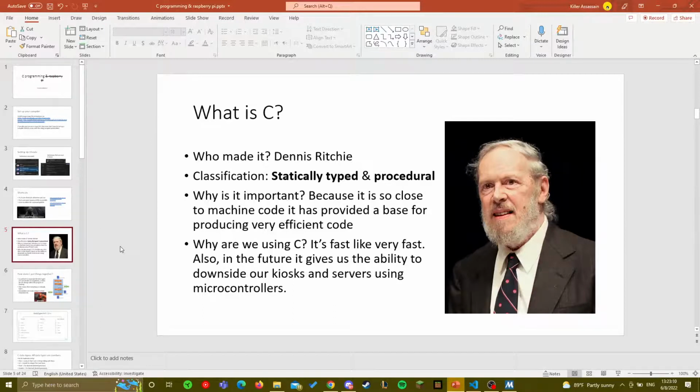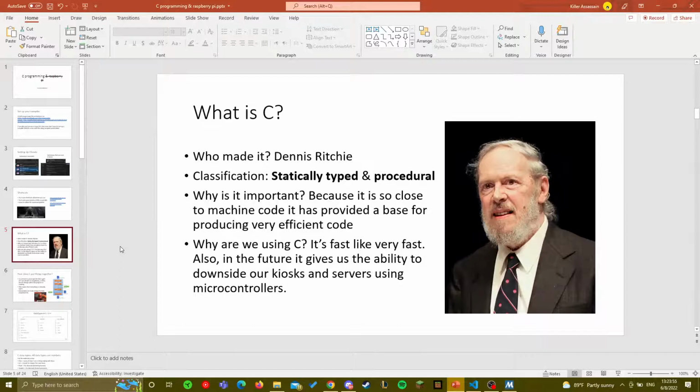So C is statically typed and procedural. That means there's no funkiness you have to worry about. I know a lot of people probably got very confused with the JavaScript introduction, where you have imperative languages, functional programming, this abstraction level. C is very low level. I'll link afterwards a YouTube video comparing C, assembly, and physical machine code, the zeros and ones and binaries. You'll see they're very in line with each other compared to a lot of higher level languages where you code a couple lines and can easily do a sort. You just pass it your list, and it'll sort it for you. In C, you have to do everything yourself.